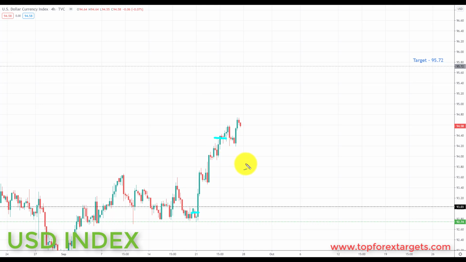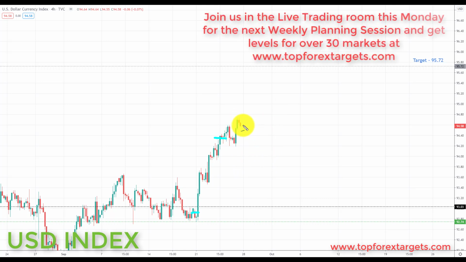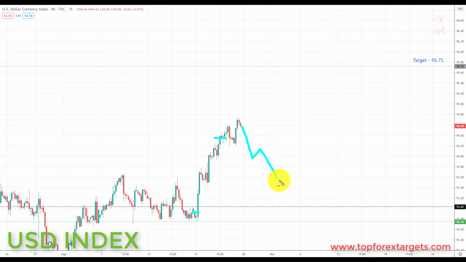Very simply put, going into this week, the dollar index is currently structured to the upside in the very short term. It is overall still in a bear market, but this is a correction to the upside in the overall bear market. As a result, we do go into next week with a view to further advances to the upside in this market. We're sitting right at the top here, so what we'd like to see going into next week is a correction back down towards the 93.03. Any correction in this area is going to be viewed as an opportunity for further advances in the dollar index up towards the next key of resistance, the upside of the target set, the 95.72.